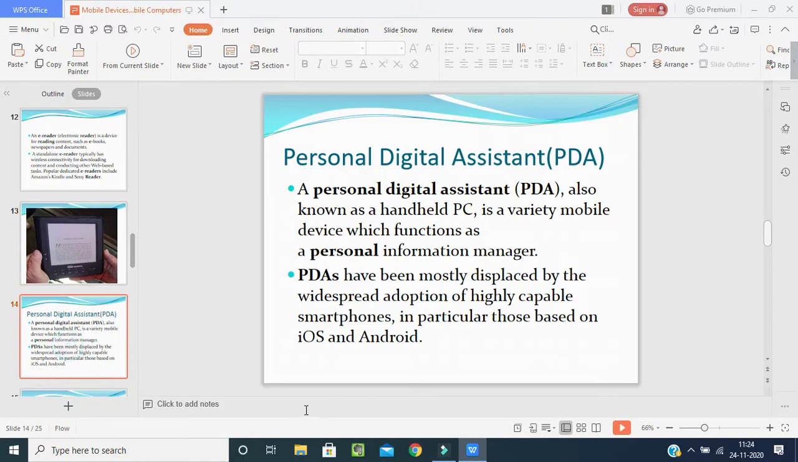Now we'll go for the next thing, that is the personal digital assistant, PDA. A PDA, personal digital assistant, is also known as a handheld PC. It is a variety of mobile device which functions as a personal information manager. It will work like a personal information manager. The PDA has been mostly displaced by the widespread adoption of highly capable smartphones,